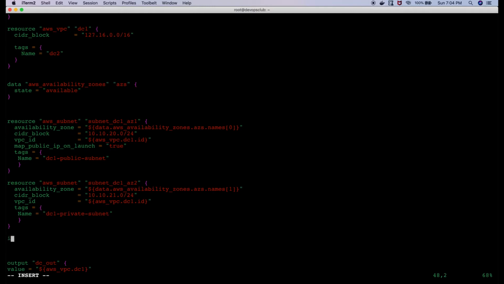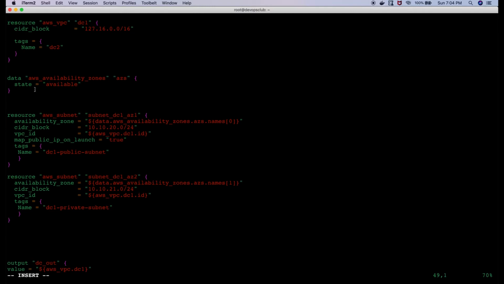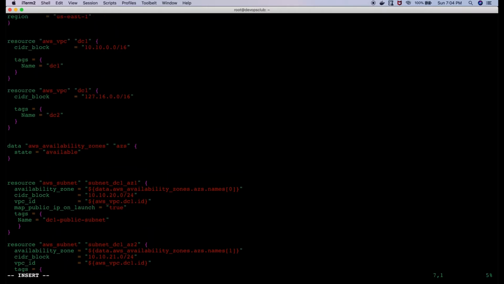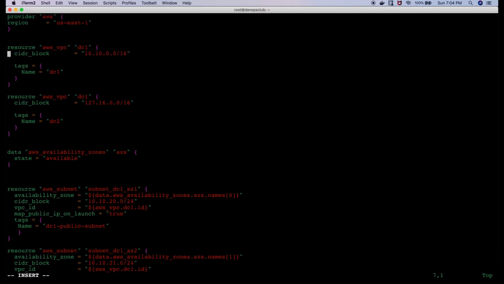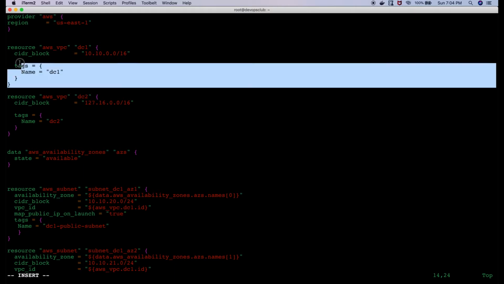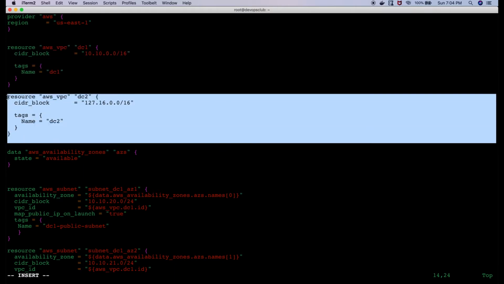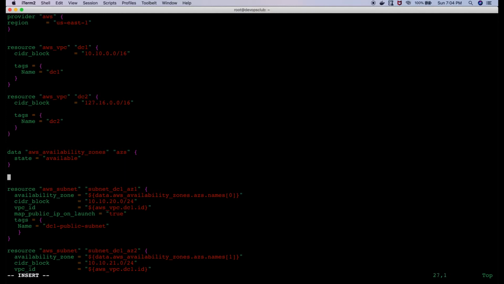Okay, and so this time this is going to be created in this VPC, right? I need to change the name, DC2. Okay, so this will create the first VPC, this will create the second VPC, and then